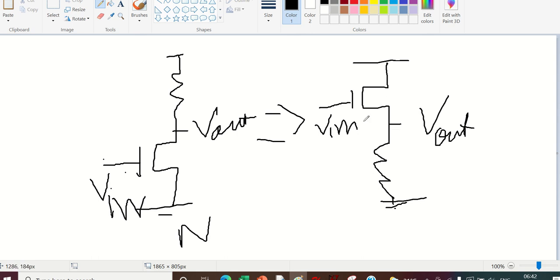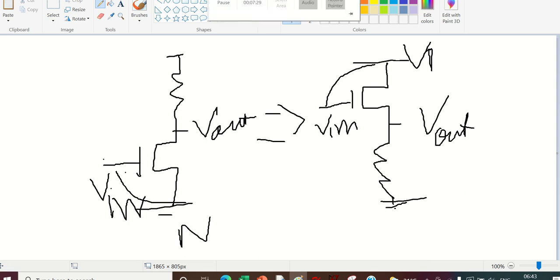And now, what is VGS? That is very important. VGS here is this one, and VGS here is this one. Here, if you increase the input, the VGS will start reducing because this is with respect to VDD, whereas here it is with respect to ground. So we should be very careful when V in increases. In case of PMOS, our VGS starts reducing. So we should know where to apply what.